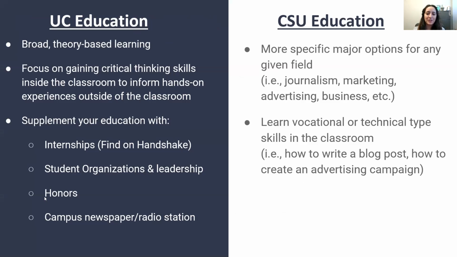So I want to take a moment to briefly touch on the differences between a UC and a CSU education. The UC system is known for its approach in developing students that have strengths in research and theory, while the CSU system is more developed for practical applications and non-research oriented careers. The UC degree programs provide students with critical thinking skills that prepare them for graduate school, research, publishing, and careers in academia. But these skills will be just as valuable to you in your career, even if that's not where you think you want to go.